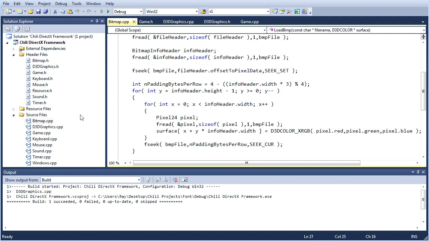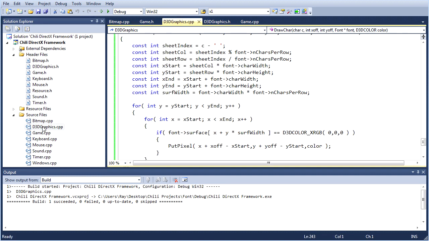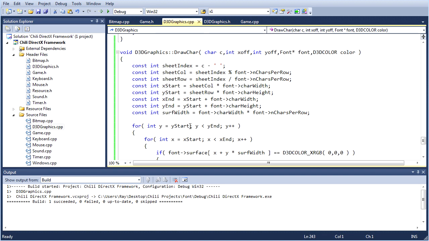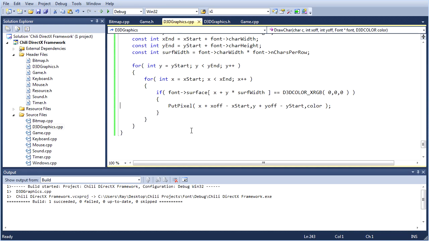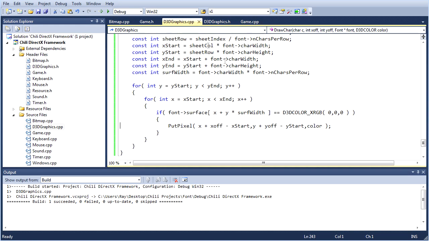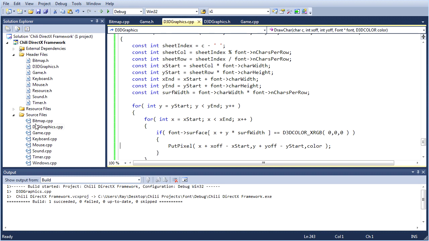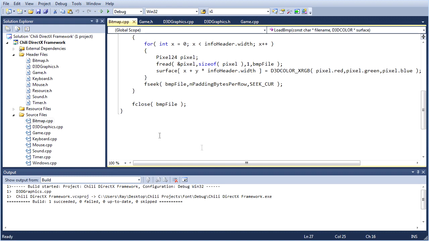But I didn't realize that. I was believing, because the load bitmap worked fine for our sprites, I just took it for granted that there was no problems with it. But after banging my head against my desk for about 15 minutes trying to figure out the problem here, finally I decided, okay, I've got to check this bitmap out. I've got to make sure that it's loaded properly. So what I did,